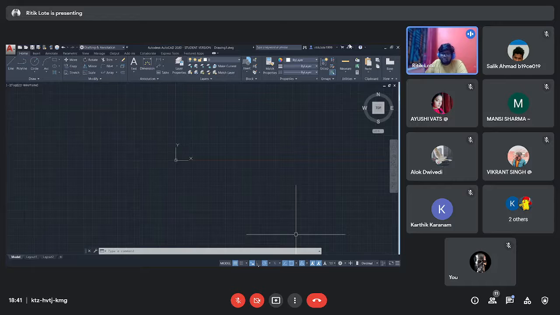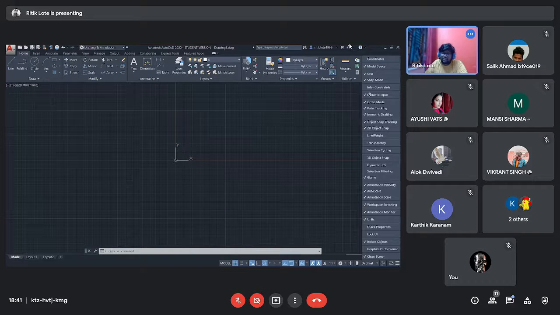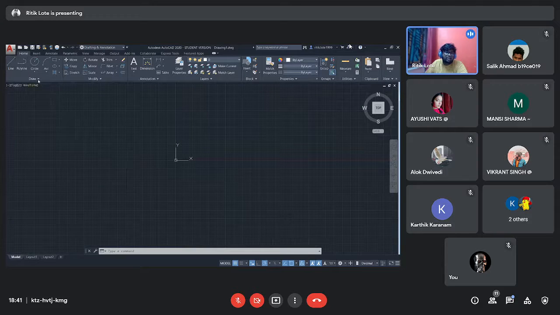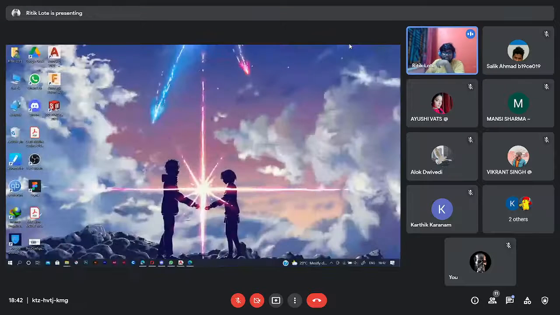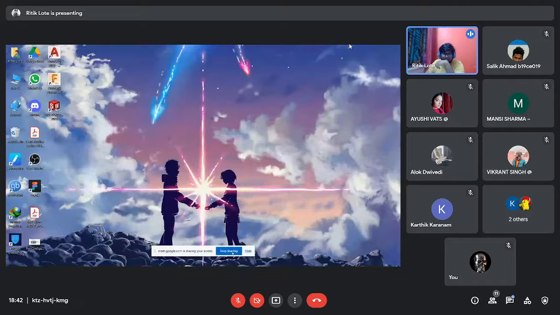So here the different tools were explained to you, and according to your need, you can import more tools from this sidebar. Also, we came to know the drawing tools and also how to modify those drawings. So with these tools, you would be able to pretty much make everything in 2D. But the main thing comes to practice. So you need to practice, and you will eventually be able to create anything.